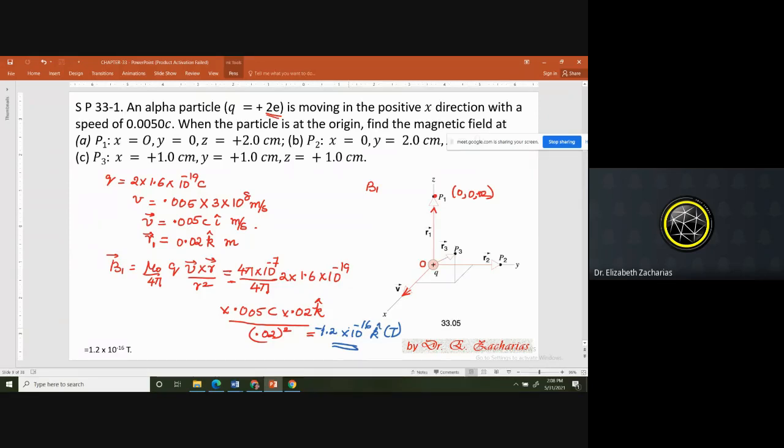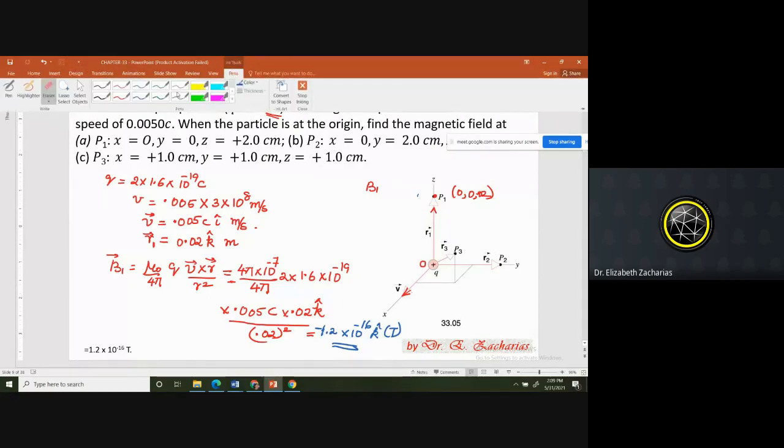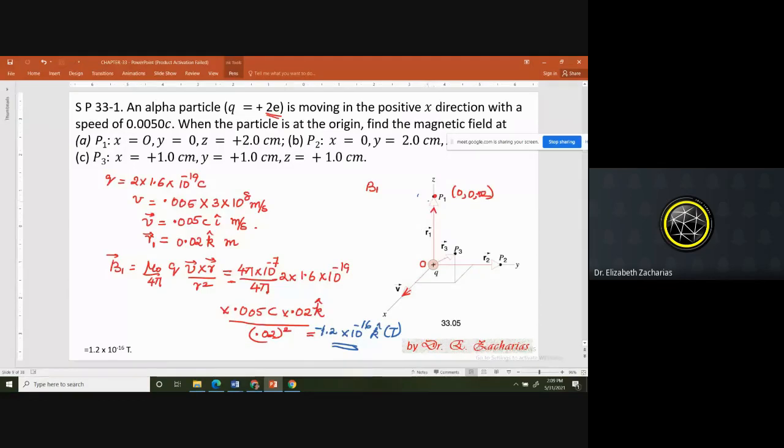So now let us see whether our cross product is right. If I have to ask you to draw a diagram, how will you put an arrow here? How will you put an arrow at the point P? It has to be perpendicular to R vector. It has to be perpendicular to V vector. Therefore, I may put an arrow this way or this way. Which is correct? Anyone? To the left or right? You see here, that will be perpendicular to R1. It will be perpendicular to V also.